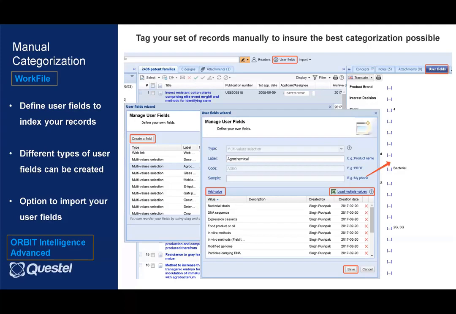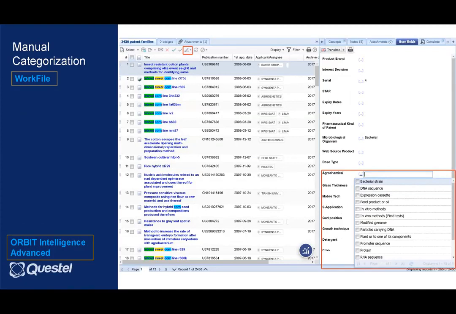Once you import that, user field values will be populated, and those will be shown in a dynamic tab of a work file, wherein a user field can be further selected or classified for a particular patent. For a manual analysis, if you classify a set of patents, maybe 10 or 50 patents, or a single manual selection is taken, you want to classify whether this patent belongs to a specific user field.